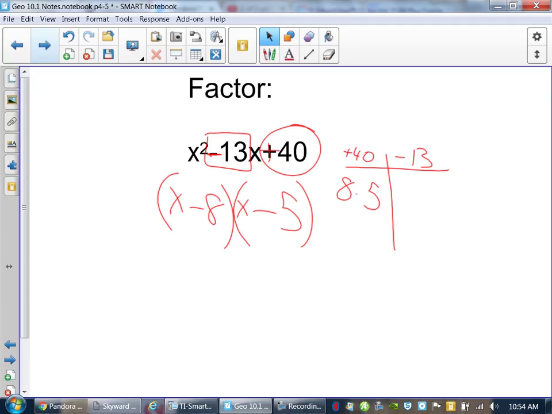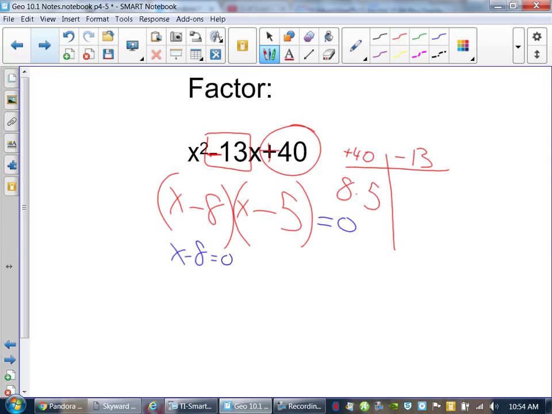A lot of times I refer to them as what are called terms. Terms are things that we put in parentheses. The zeros are what makes those terms equal to 0. You've done that before as well, and that's one of the other things you will see in this section. If that equals 0, do you guys remember from last year all you did was set both parts equal to 0? And then you'd say, well, the first one has to be 8 and the other one is 5. And the reason that this works